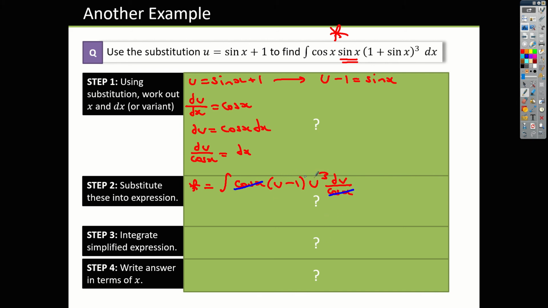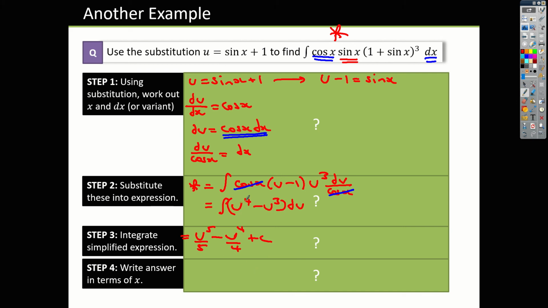Now to save a step, what you could do is spot that this cos x dx appears up here in your question, so you could just look at those blue bits and replace it with du, but the same things happen down here with this cancelling. Continuing now, I'm going to just rewrite this without the stuff that's cancelled out. So this is u minus 1 times u cubed, expand the brackets, u to the 4 minus u cubed, integrate du. To integrate that, it's just the power rule on these u's, u to the 5 minus u to the 4, divide by the new powers,